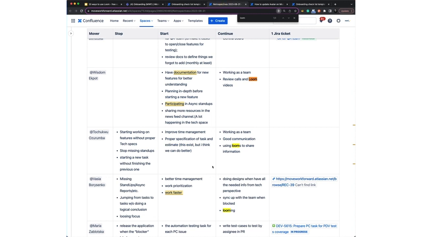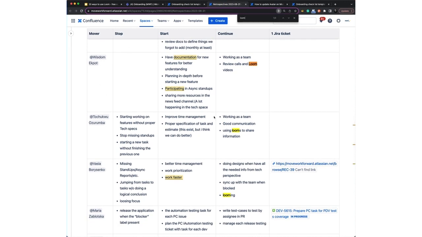For example, another way we use it, as you see, is in our retrospectives, where many people want to continue using Looms for different things. So it helps a lot, saves us time, and makes us more efficient and effective